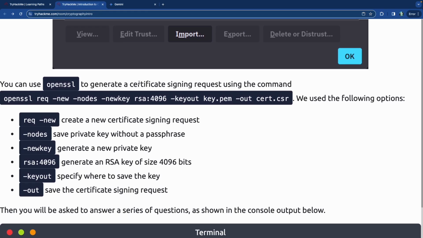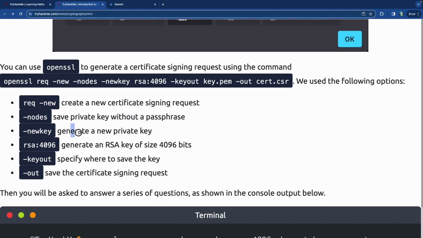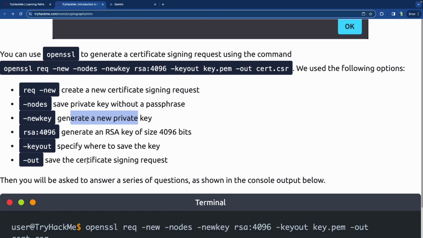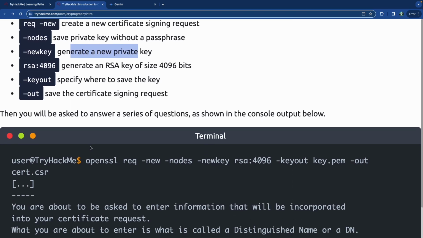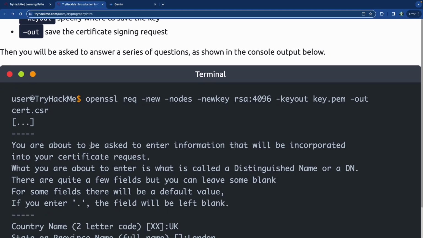And you can use OpenSSL to generate a certificate. We already saw that. This is the command to actually use it. Req -new creates a new certificate signing request. Save the private key without a passphrase. Generate a new private key, the RSA algorithm and the bit size, and -keyout where to save the actual key file, and then save the certificate signing request. And so you'll be asked to answer a series of questions as shown in the console